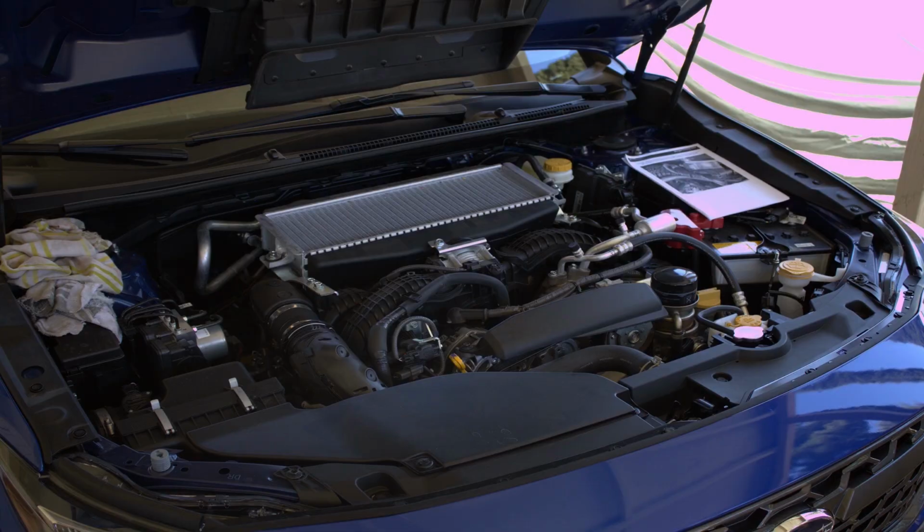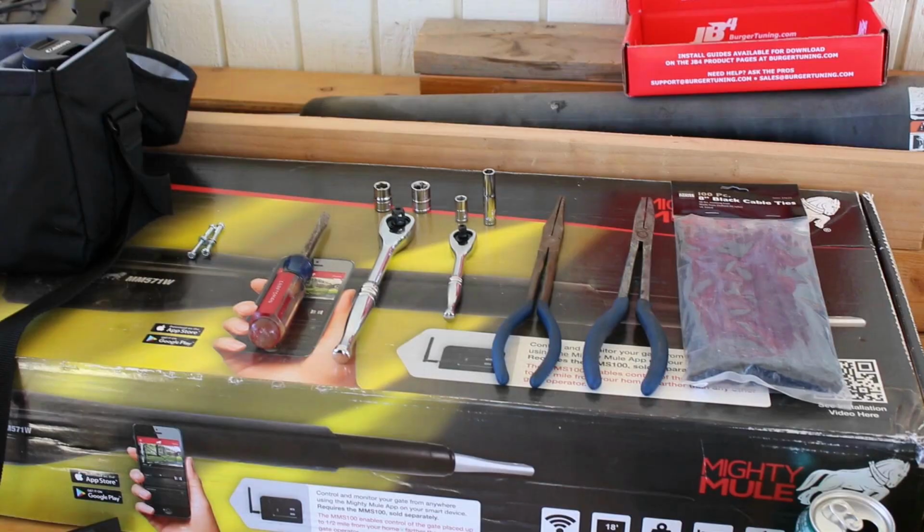So let's jump into this install. These here are the tools you're going to need. Flathead screwdriver, a 12mm socket, 10mm socket, and preferably two 9/32 sockets or one socket and a wrench for the Dark Matter X mount, as well as a pair of needle nose pliers to get the fuel sensor and zip